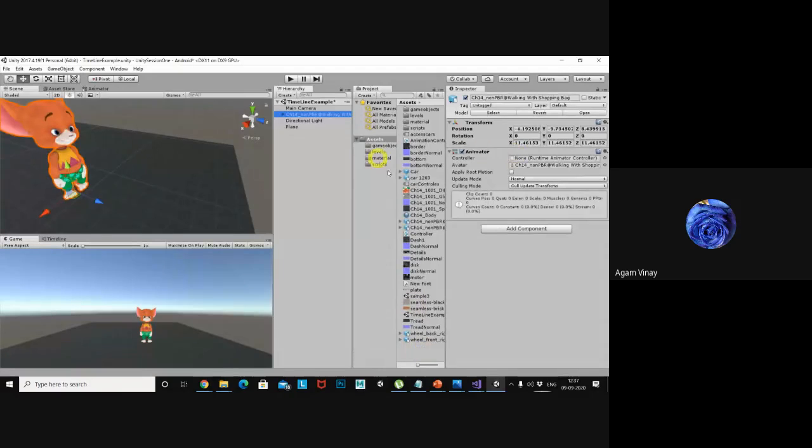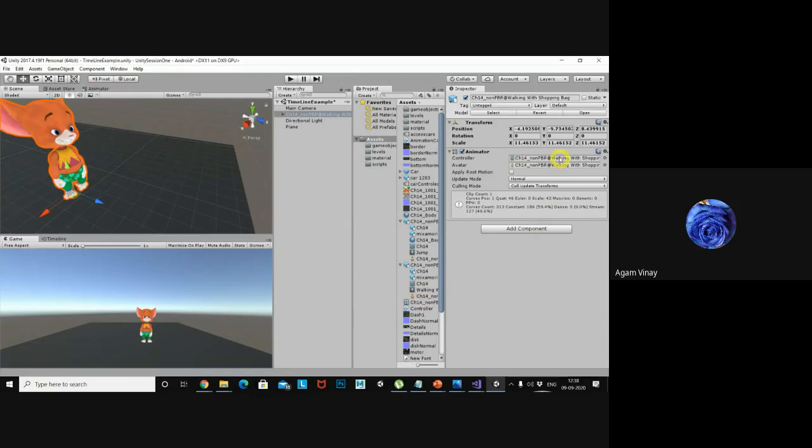Or you can directly take the walking animation file. If you open this character you can find the animation file. Just drag and drop it here, and it will automatically create the controller.